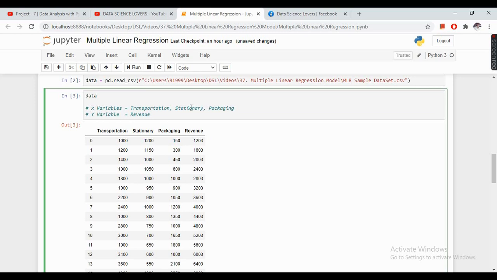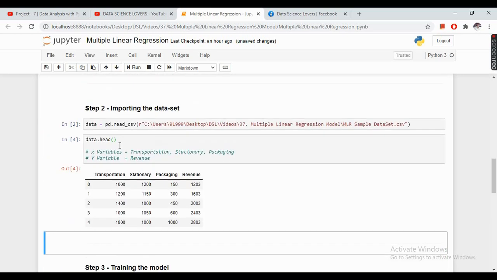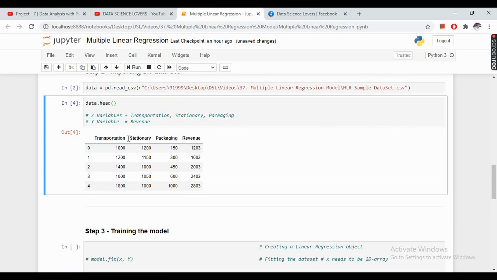X variables are transportation, stationery and packaging, while the y variable is revenue. We will use the head command to show only the top 5 rows of this dataset. In this example, we will try to find out the revenue with the change in the value of transportation, stationery or packaging.